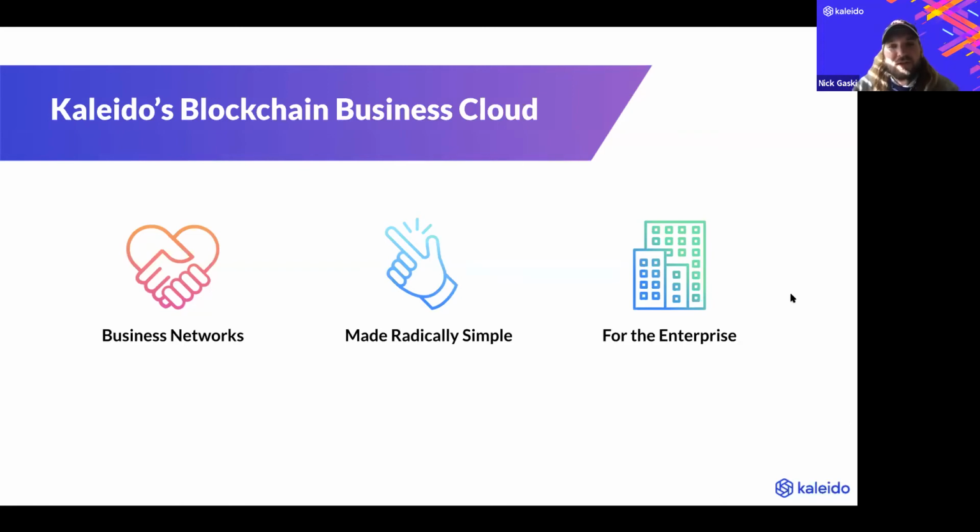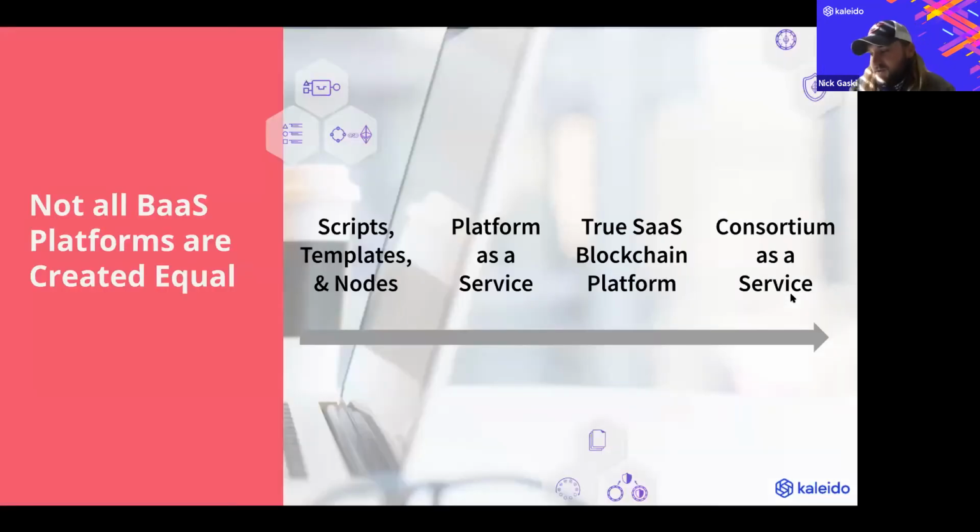One thing we want to touch on today during this webinar is this conflation, or this fallacy, that all BaaS is the same thing, right? It's just vanilla blockchain as a service. I get a node and then I go ahead and build my application. And the truth of the matter is that that's very, very far from the truth. What we see is 4 different tranches or 4 buckets of the journey into blockchain as a service.